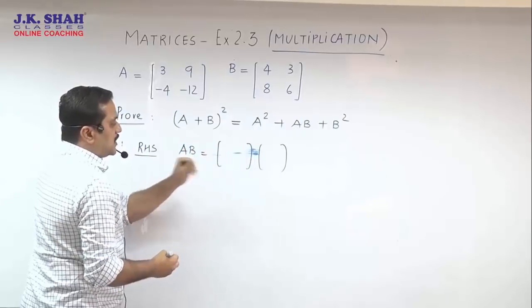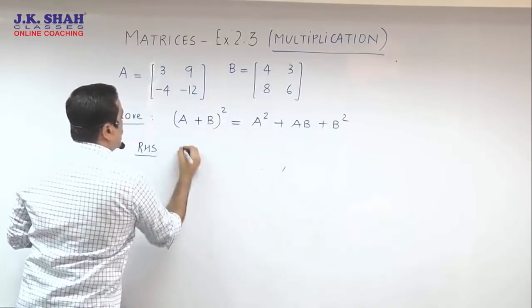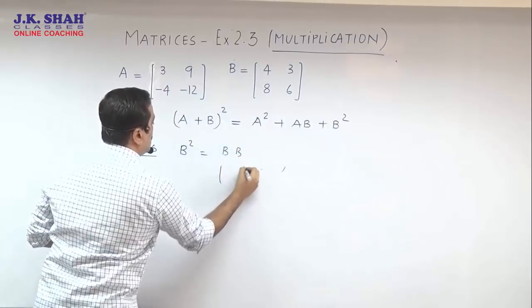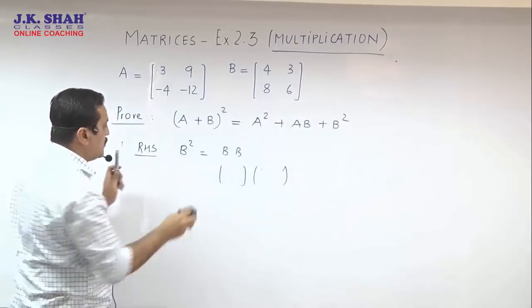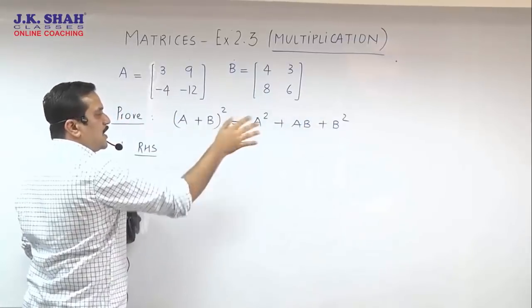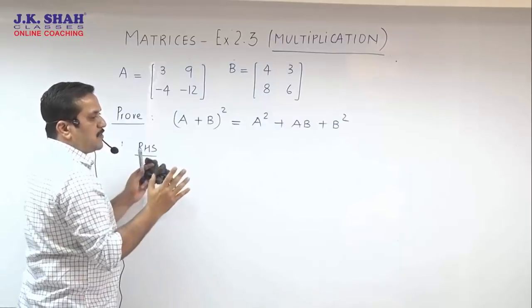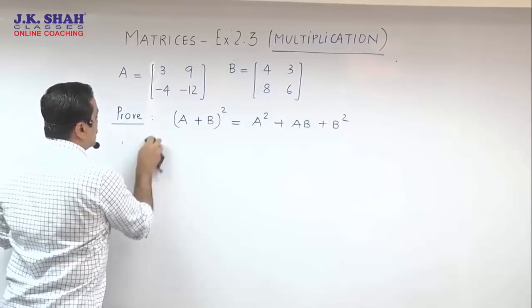This is what you would have done if I had said nothing in this sum. And lastly, you would have worked out your B square, which is B into B, and again you have got one more multiplication. So almost a 1.5 page long sum is not yet over. You finish off finding A square, AB, B square, and finally you need to add all of them. And then we need to pray to God that after so much labour on the LHS and RHS, the answers match.